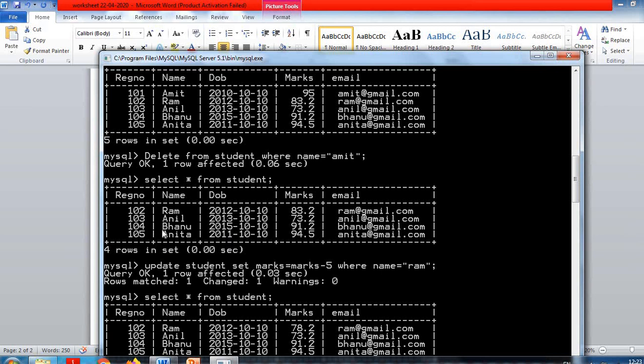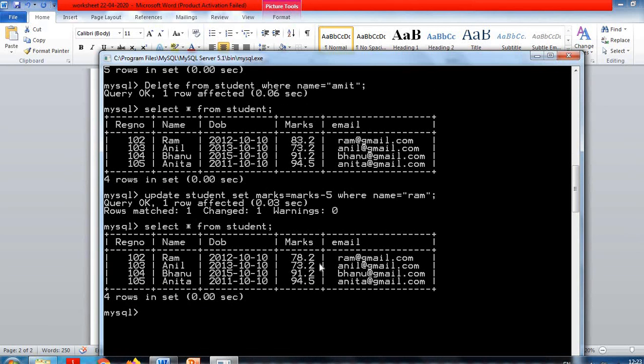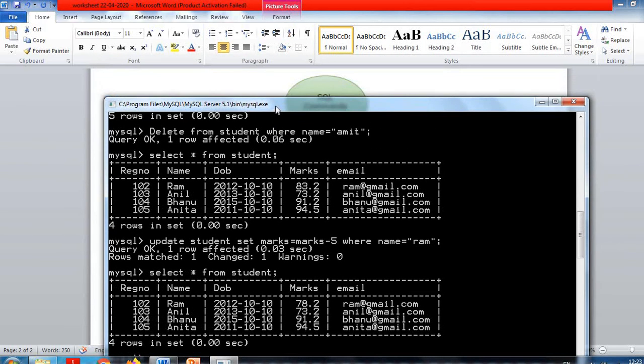Query okay. You can see the result. In this table, Ram's marks 83 and 78.2 are there. In this way, you can use the update command.